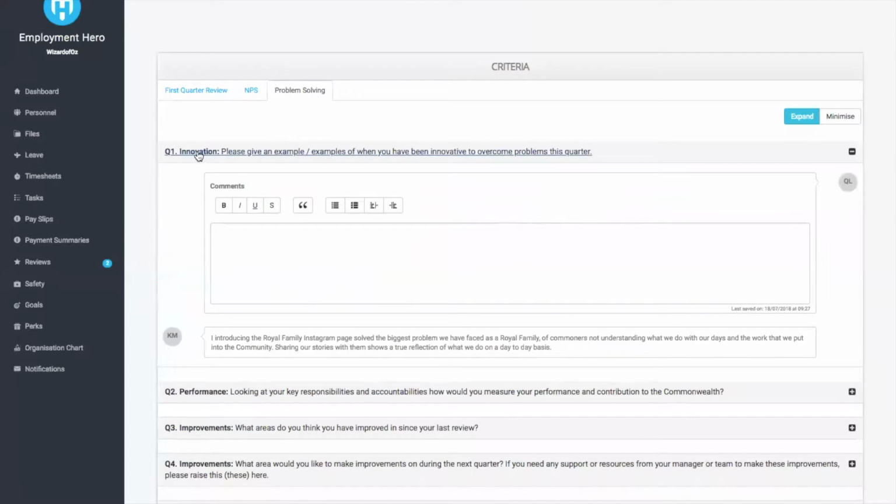So the question here reads, please give an example or examples of when you've been innovative to overcome problems this quarter. So I can see that Kate has written here, introducing the Royal Family Instagram page solved the biggest problem we've faced as a royal family. The commoners not understanding what we do with our days and the work that we put into the community. Sharing our stories with them shows a true reflection of what we do on a day-to-day basis. So I can review the answer that Kate has given and actually give my own response. So I might want to say,